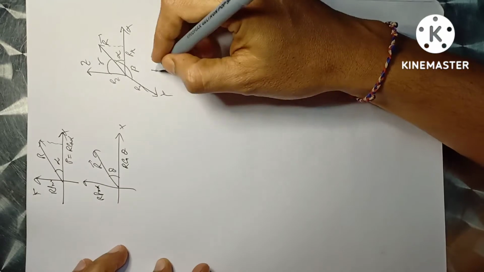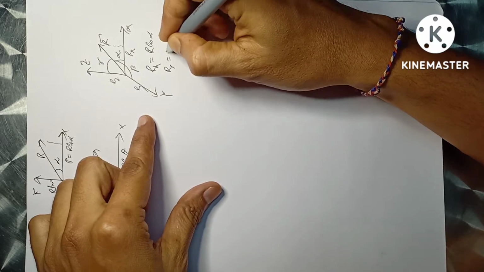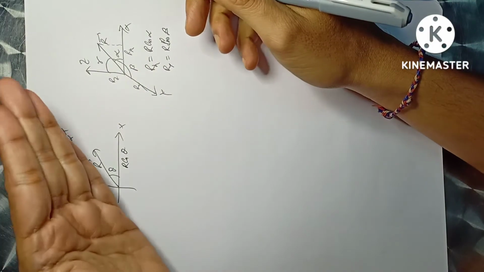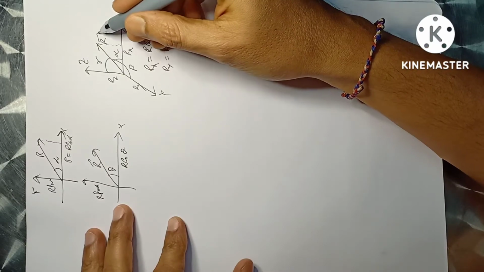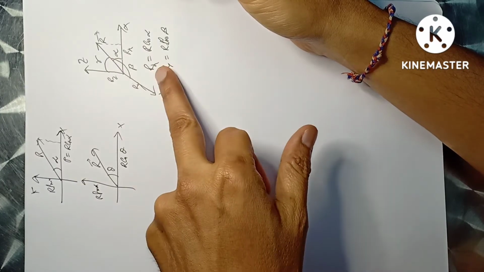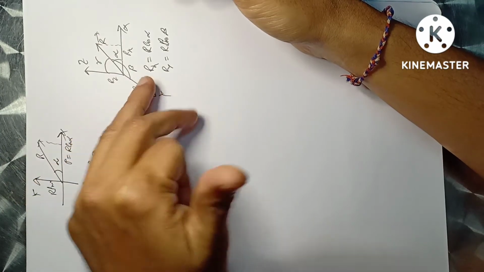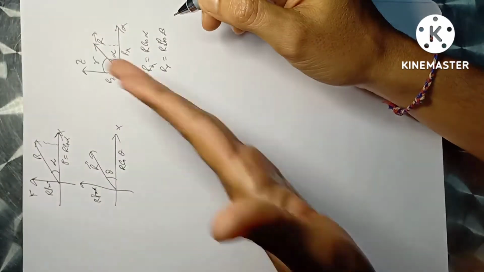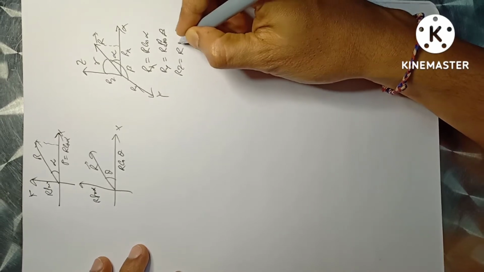We can write rx equals r cos alpha, ry will be r cos theta, always cos. Whatever angle r makes with an axis, it is always cos. Therefore, if the r vector makes an angle alpha with the x-axis, the component along the x-axis will be r cos alpha. If r vector makes an angle beta with the y-axis, then we can write ry equals r cos beta. In a similar way, if r vector makes an angle gamma with the z-axis, then we can write rz equals r cos